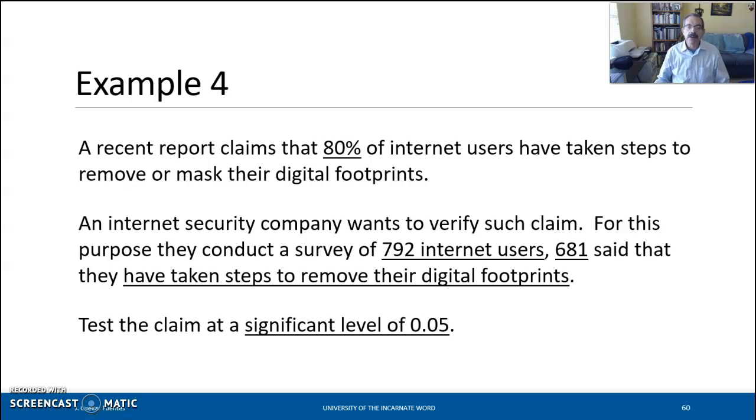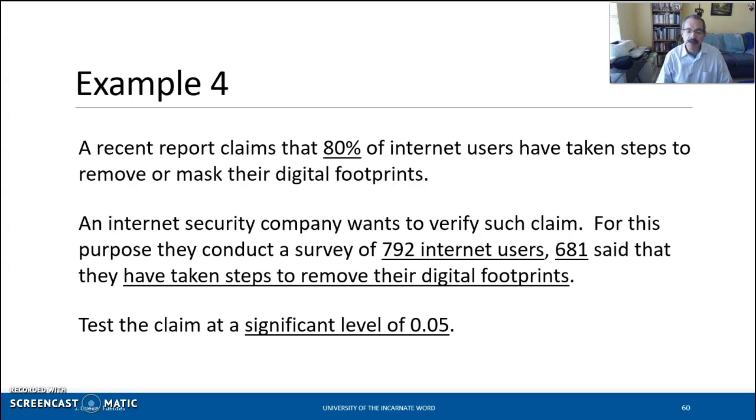This is part 7 of the Module 8 lecture. We're going to go back to the problem we started with in this section, and we're going to test this hypothesis. It says that a recent report claims that 80% of internet users have taken steps to remove or mask their digital footprints. So an internet security company wants to verify this claim, and so they survey 792 internet